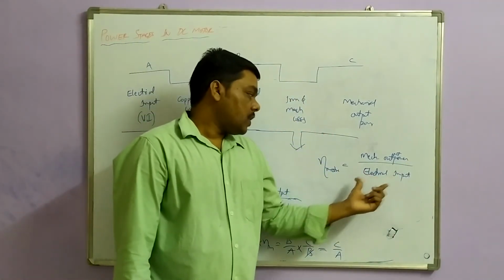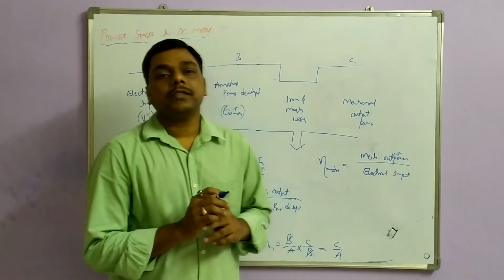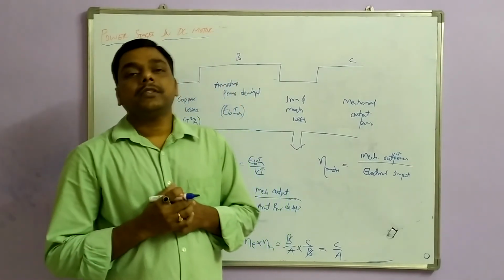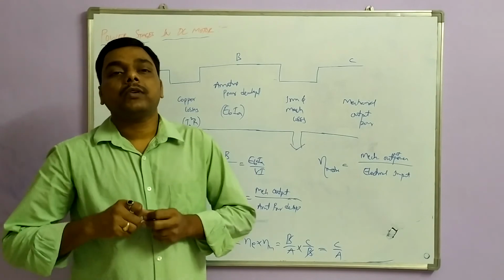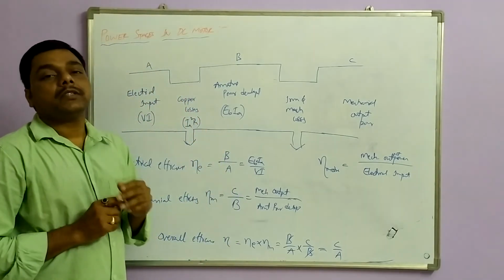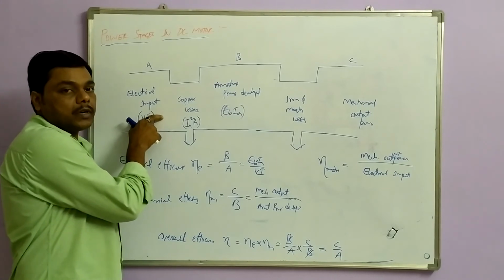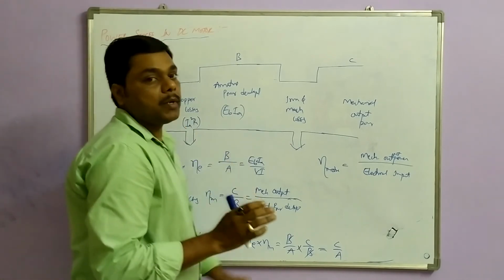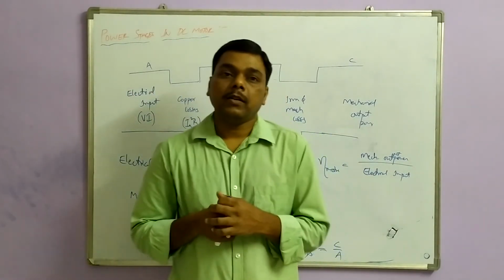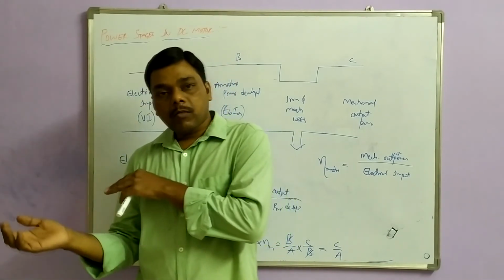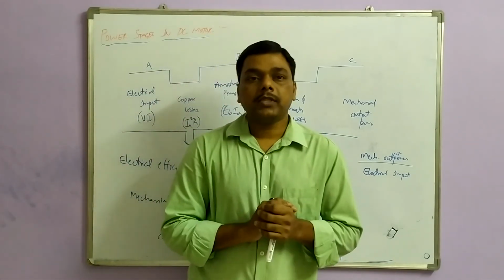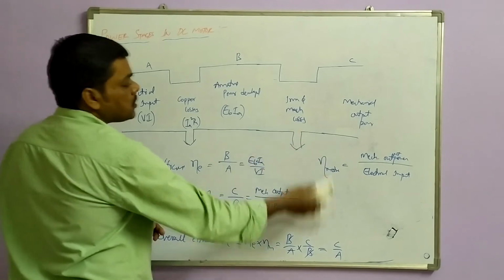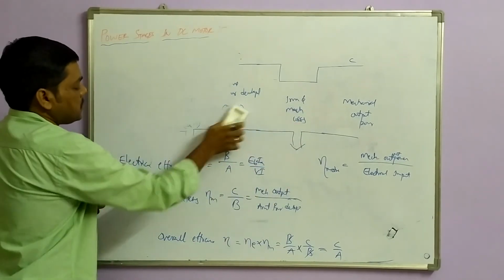Now again for this we calculate the efficiency by using these parameters, but while calculating the efficiency, the mechanical output power we have to calculate from the input side. Since the electrical quantities are the known quantities, so we are coming from the input side. So if you remember generators, the output power is electrical. So we will calculate the efficiency from output side. So if you see the efficiency formula for generator, so you will see. Now this is the overall efficiency and these are the power stages.